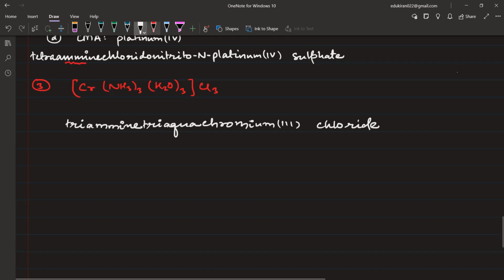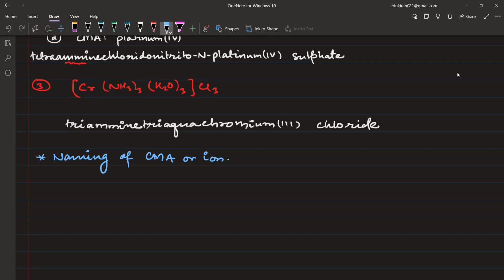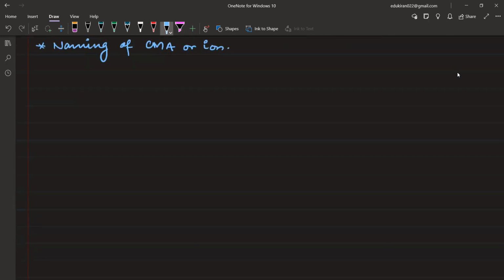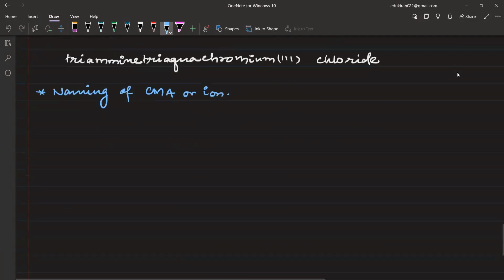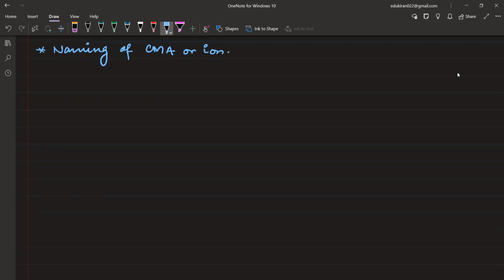Naming of central metal atom or ion. Okay. Now, for some it is simple, you name it as nickel. In all of these cases where you have cationic, you named it chromium, platinum, and nickel. But if you have an anionic coordination entity, then you name it a bit differently. Please write first of all the name of